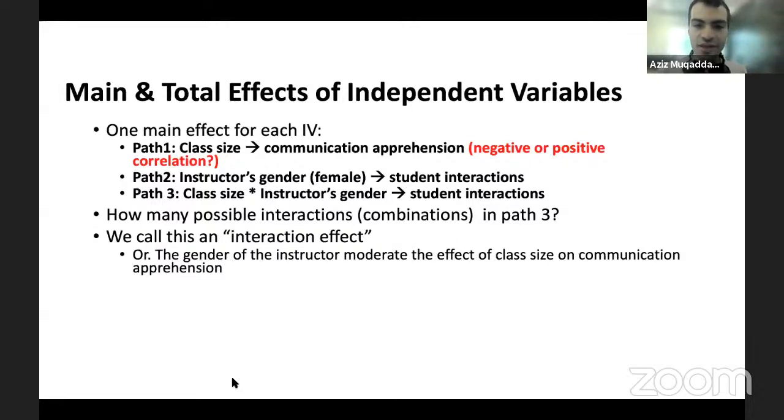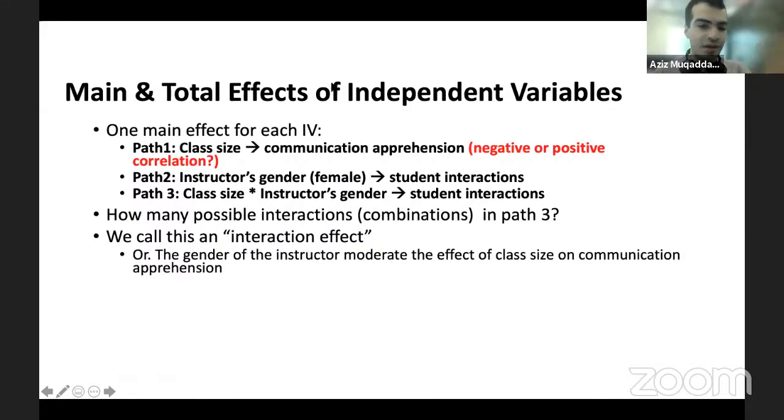So here, for instance, you might have in an experiment that the instructor gender did not matter by itself. But when you combine the instructor gender with the class size, you actually saw a clear